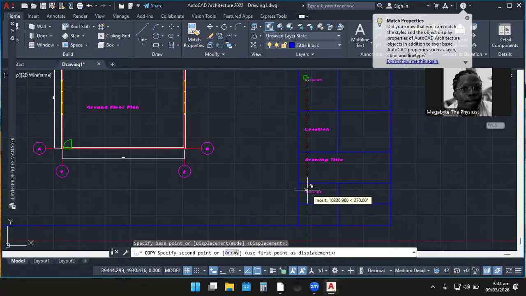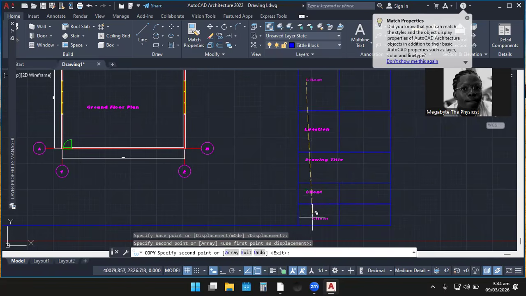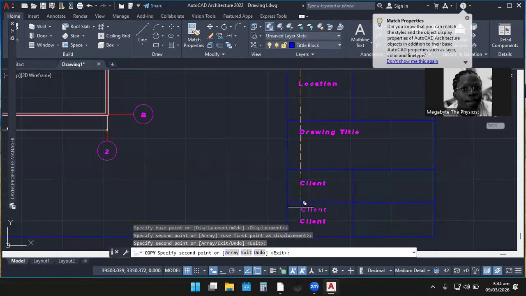I want to add a date and then the scale. Better still, if you can add a drawing number, I'll be very grateful. So let's copy so many things so that at the end of the day we can add so many features.